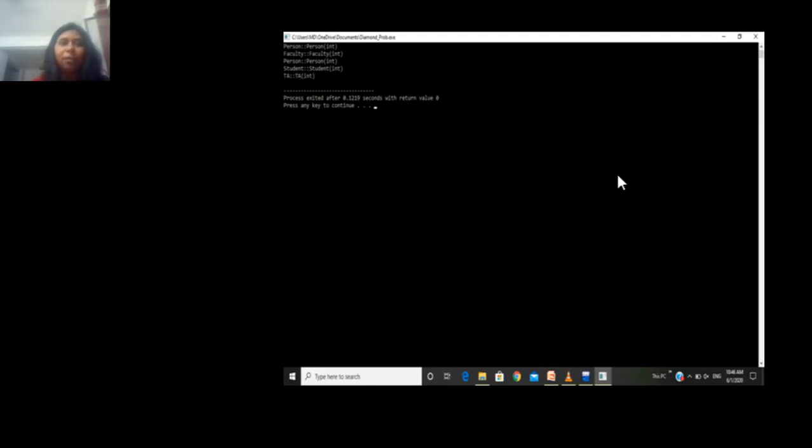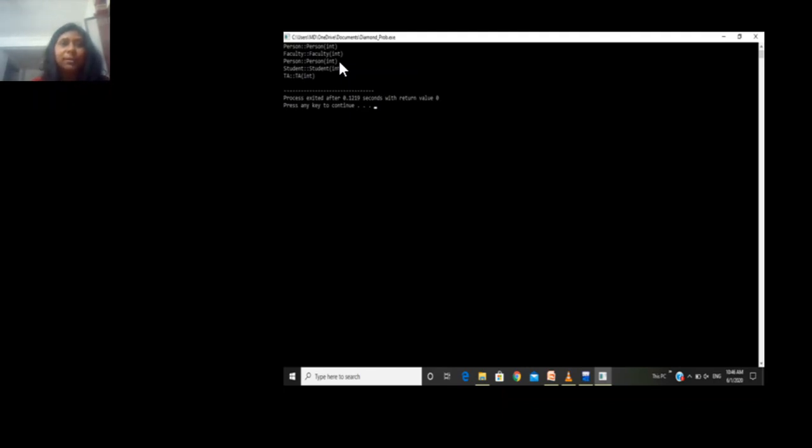And this is very obvious, because whenever we are creating a TA object, by default it will create one instance of student, and student itself will have another instance of person. Similarly, it will have an instance of faculty, and the faculty in turn will have another instance of person. So here we can see that the person instance gets created twice.